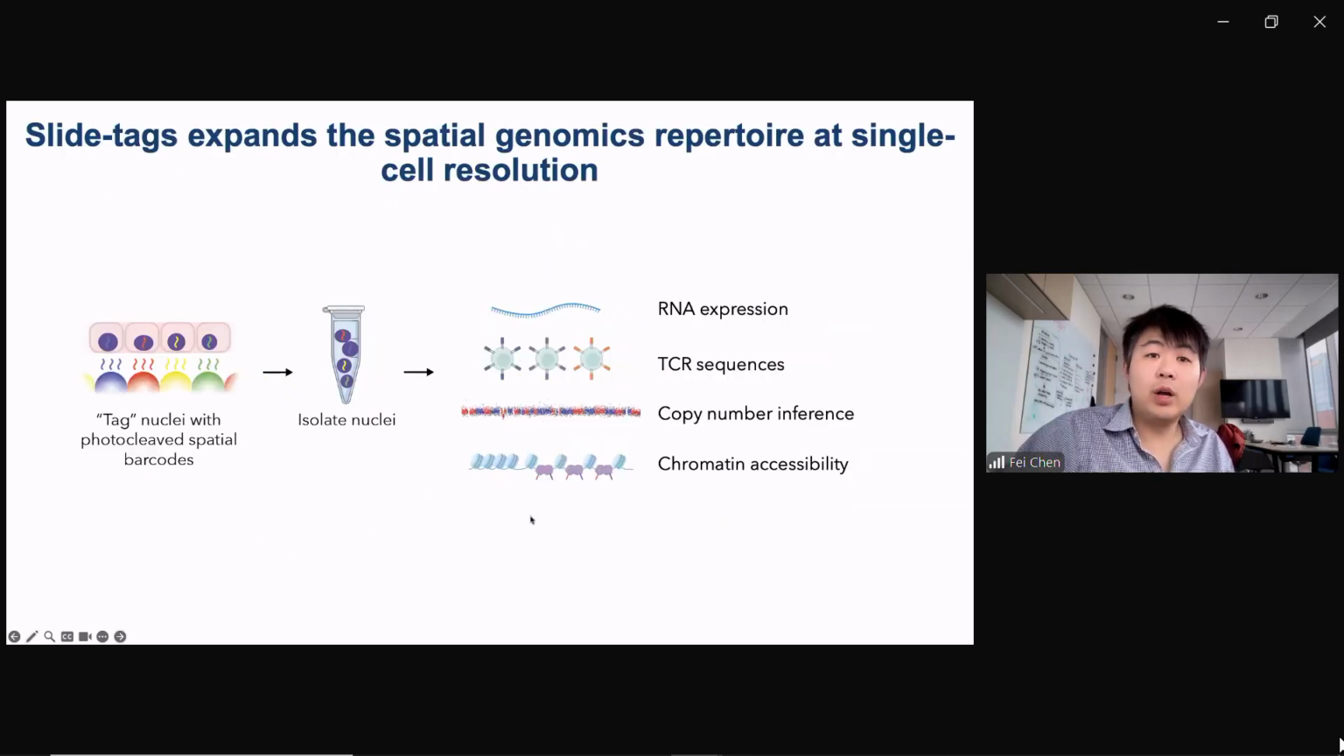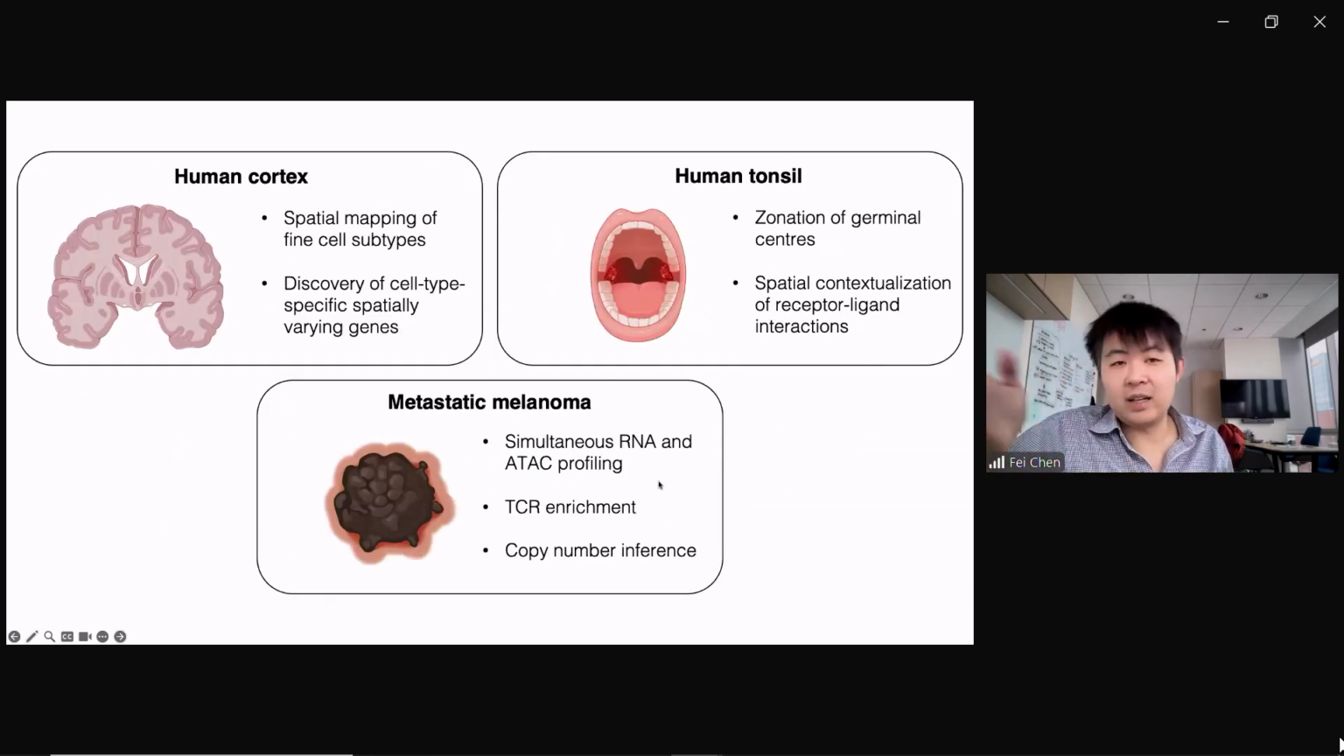Okay, so one of the most exciting aspects of Slide-tags is its compatibility with existing nuclei sequencing as well as analysis tools. That includes RNA expression, which is the workhorse of most single cell technologies. But if you think about it, there are ready ways to get TCR sequences, copy number inference, chromatin accessibility. In our paper, we highlighted a number of different examples with different tissues and different analyses. But I'll just highlight one example